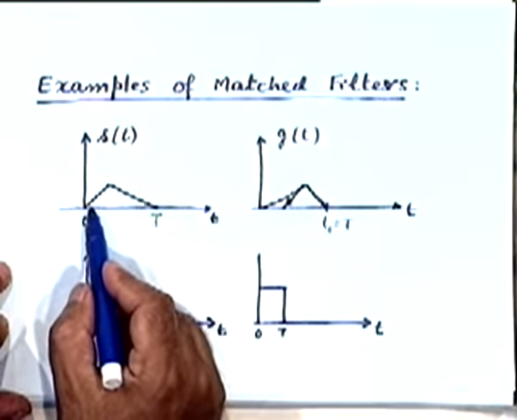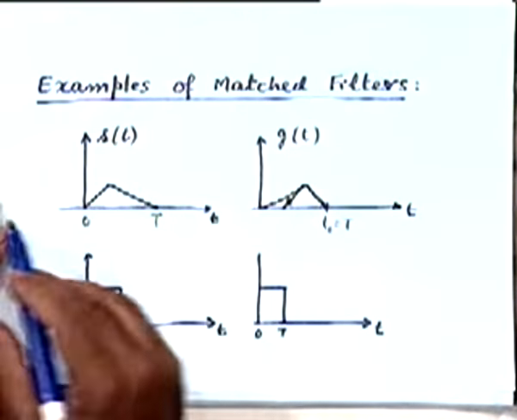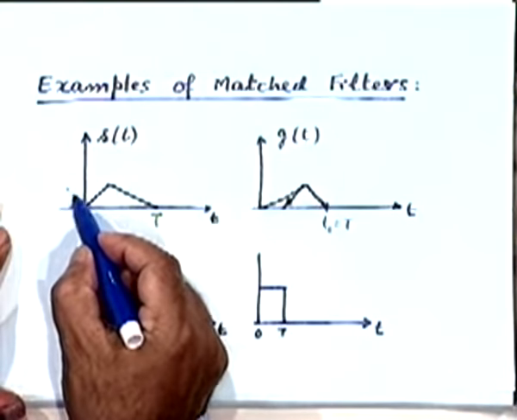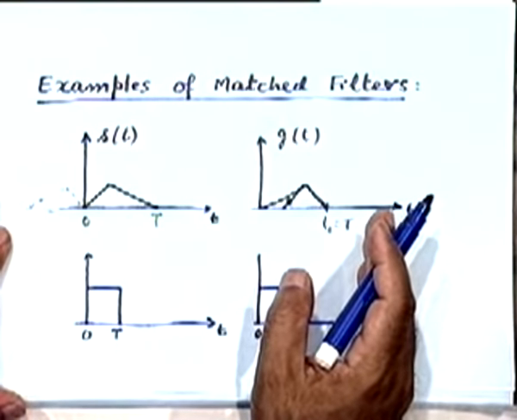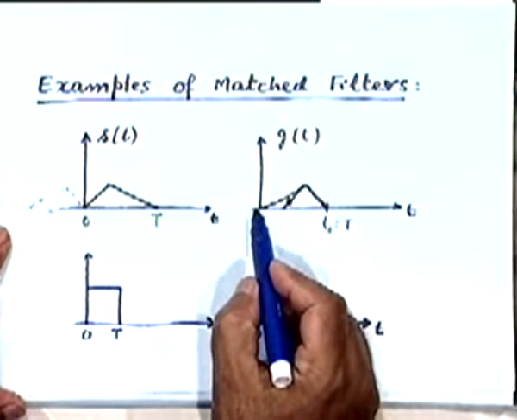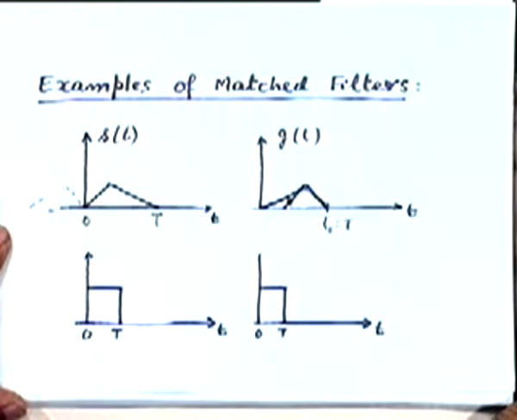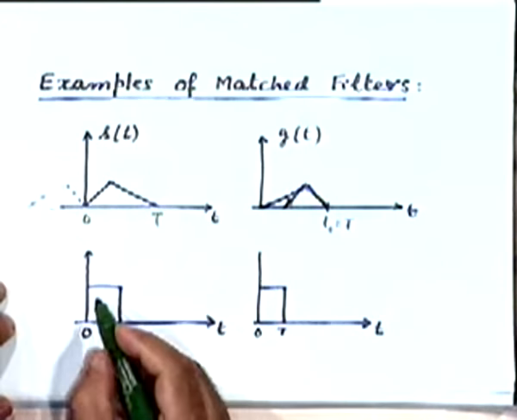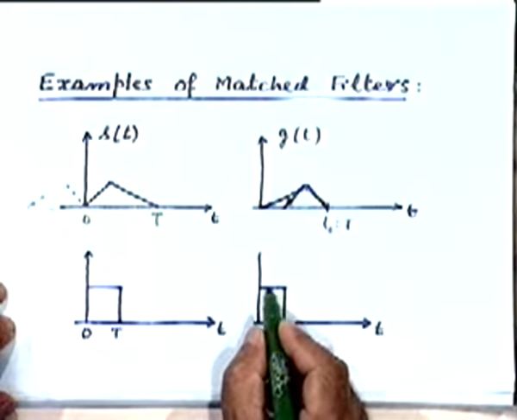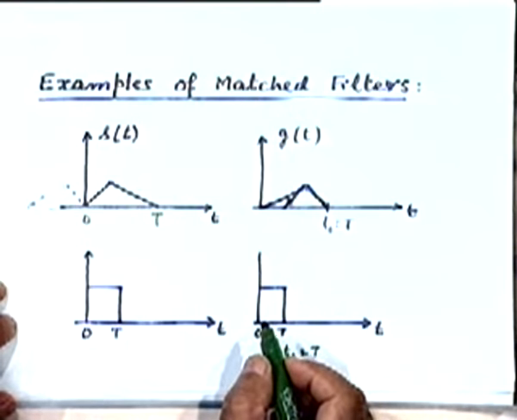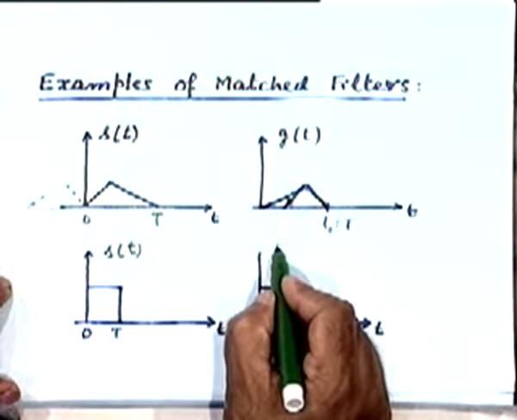How do you obtain the matched filter impulse response? You do the same operations that you do in convolution. First reverse the time axis, so this will go here. And then shift it by T0, whatever it is. So if I have taken T0 equal to T, this is what it will look like. For a rectangular pulse of this kind and T0 again equal to T, you will again get the same rectangular pulse as the impulse response of the matched filter. So this is your s(t), this is your corresponding matched filter.